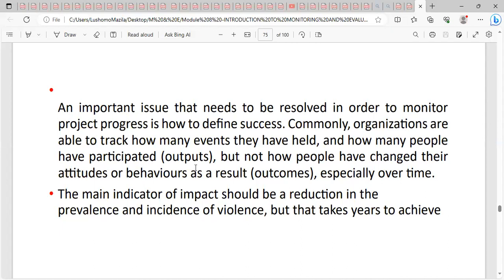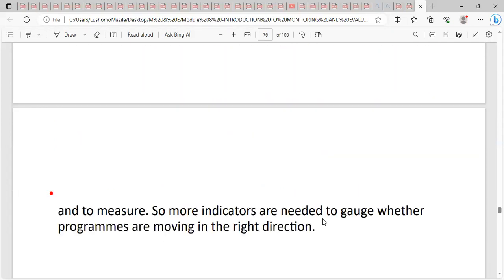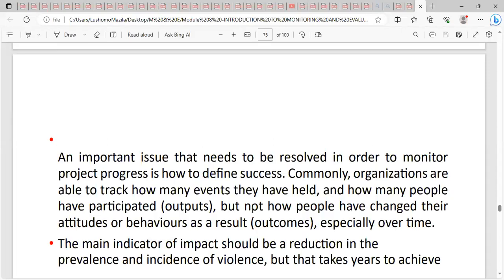So the main indicator of impact should be a reduction in the prevalence and incidence of violence, but that takes years to achieve. Know that. So more indicators are needed to gauge whether the programs are moving in the right direction. So when you talk about the impact,